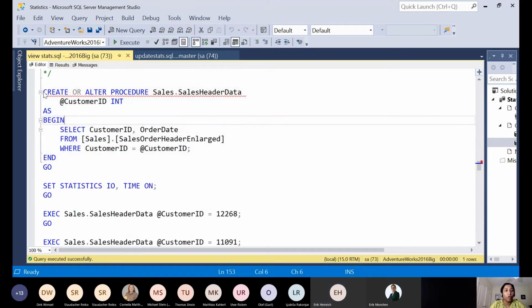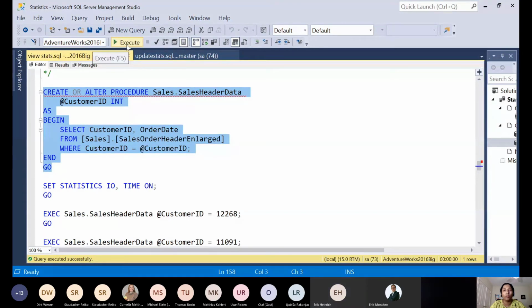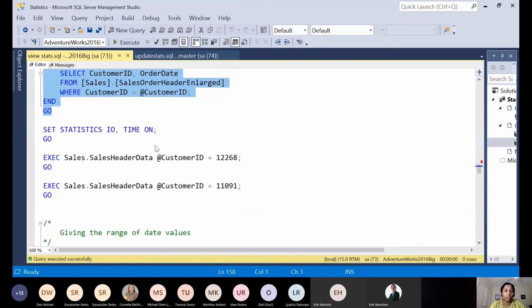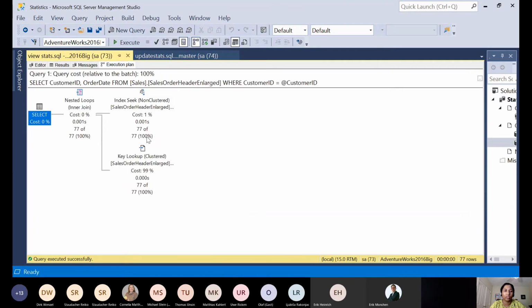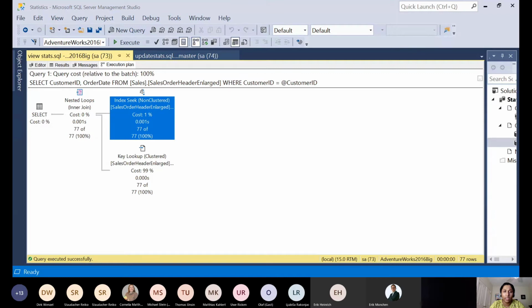So what if we put the same query in a stored procedure and then run it? Because we don't run ad hoc queries all the time, we put them in stored procedures. So how does that work? Now, after creating this stored procedure, when I first execute it with a value, it will go ahead and create the execution plan in the plan cache, right? For the first time, this is a pretty unique value. That's the reason it gave the exact number of rows, and the actual number of rows matches exactly.